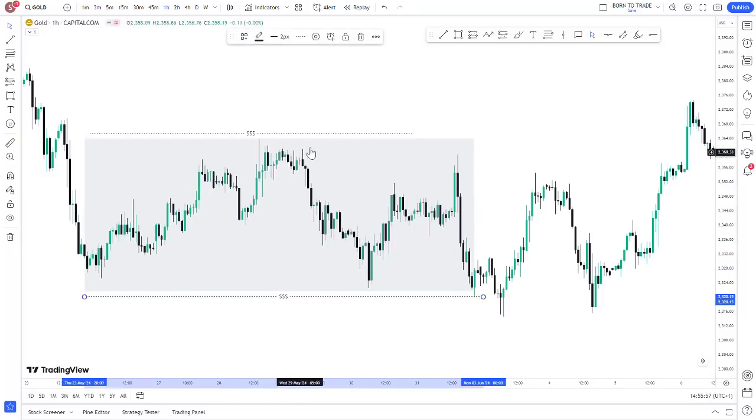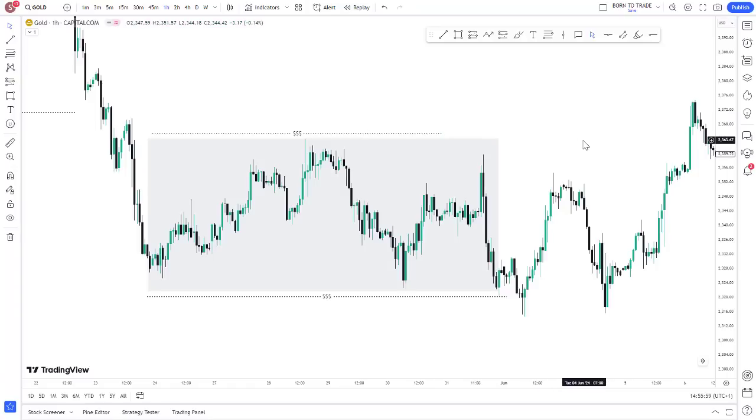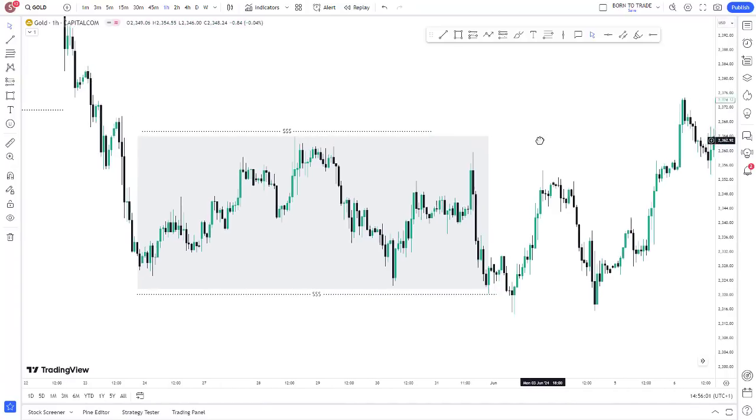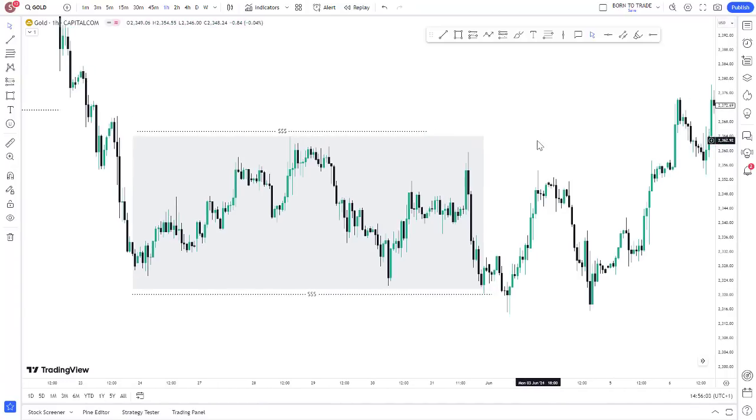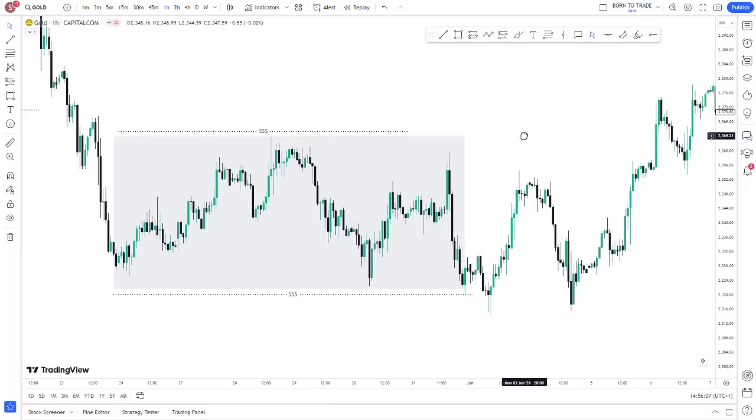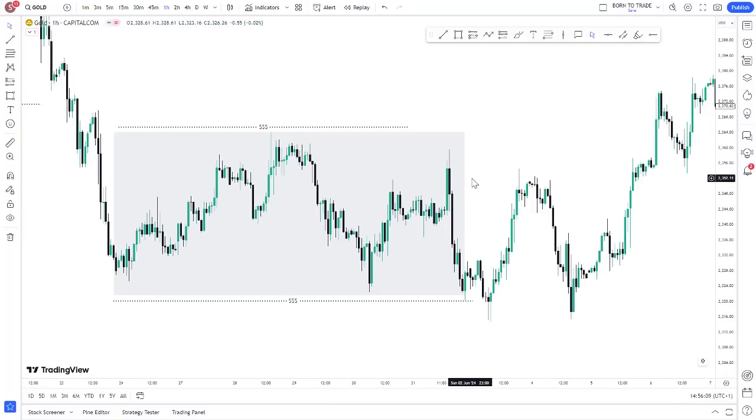Now at this point, when you see this price action, you're going to look to avoid the market for some time. And what are you waiting for? You're going to wait for the liquidation phase, because it's after the liquidation phase you're going to be looking to pay attention more to the market and look for an area to get involved in the markets.